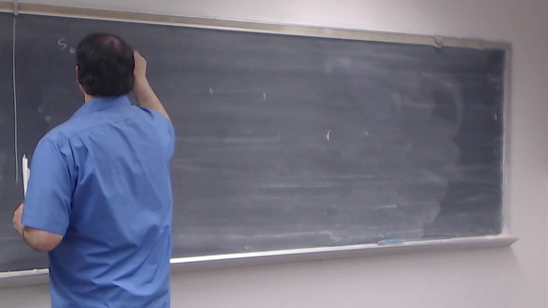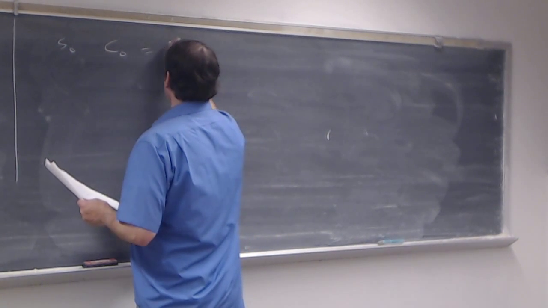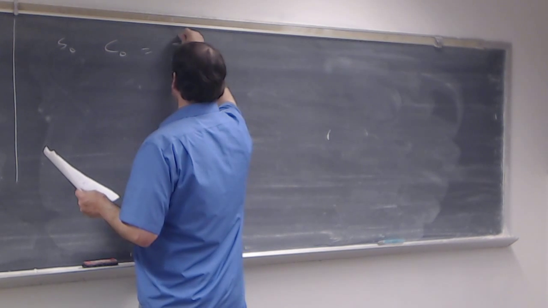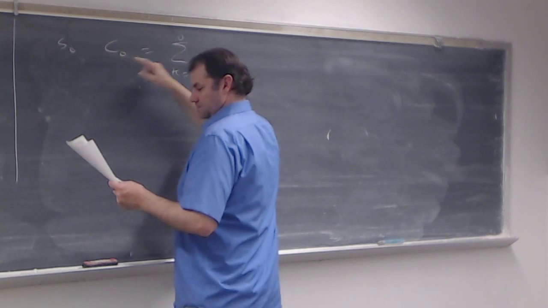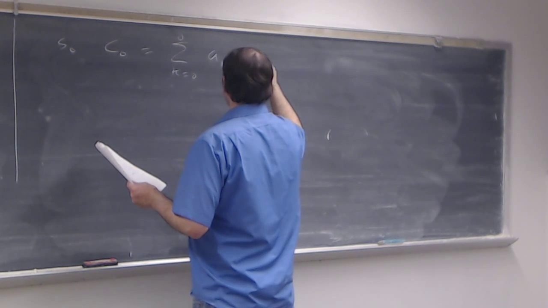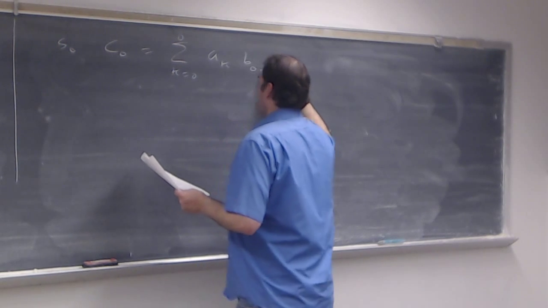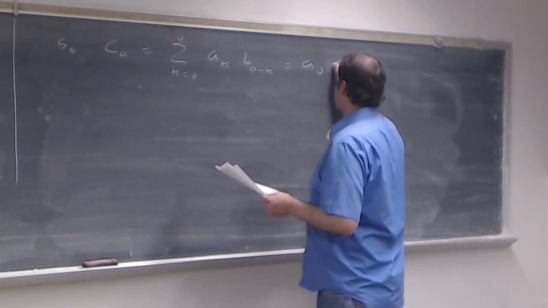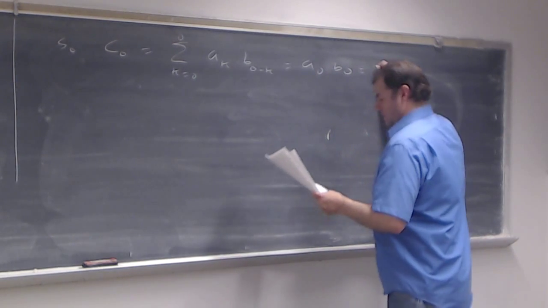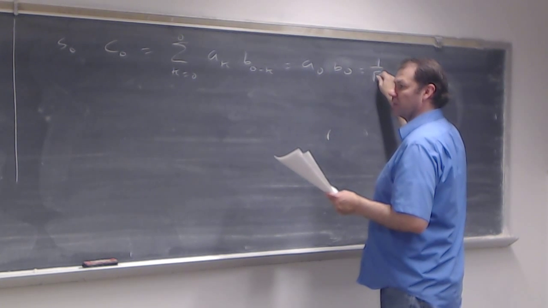So c sub 0 is equal to the sum as k starts from 0 and goes to n, which in this case is 0, of a sub k, b sub n minus k, so that's 0 minus k here. That's just going to be equal to a sub 0, b sub 0. And in this case, that is 1 over the square root of,